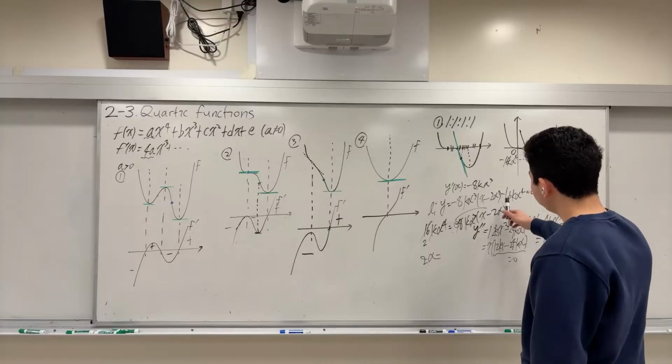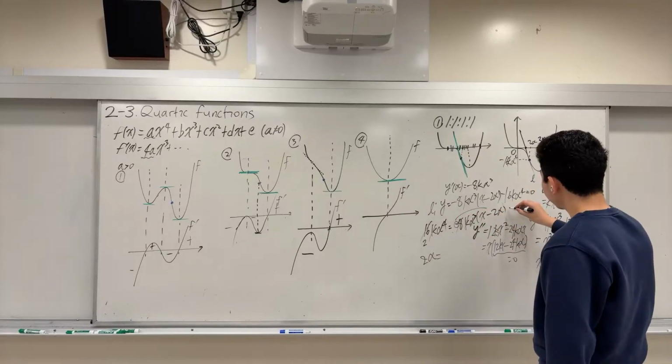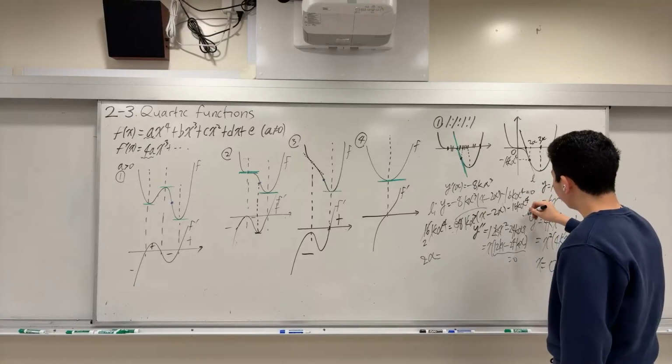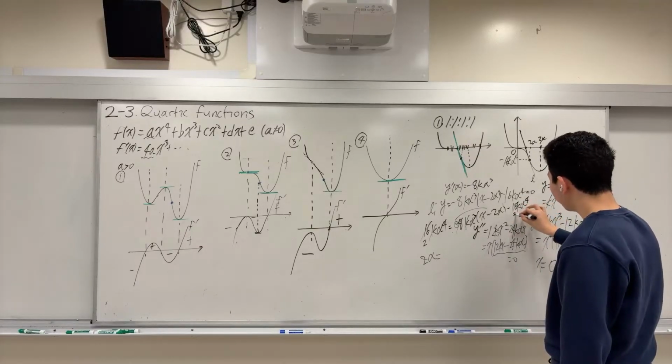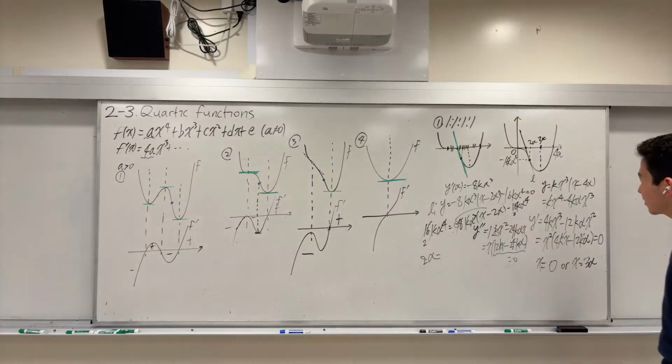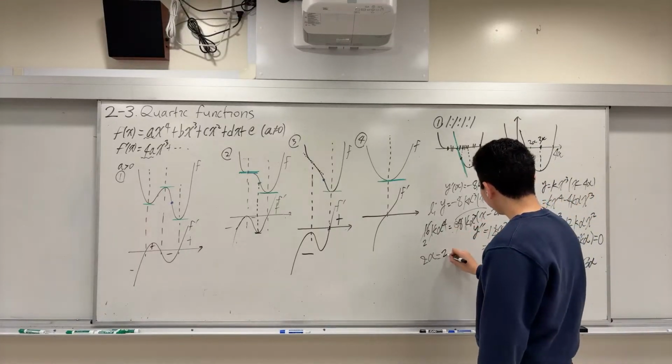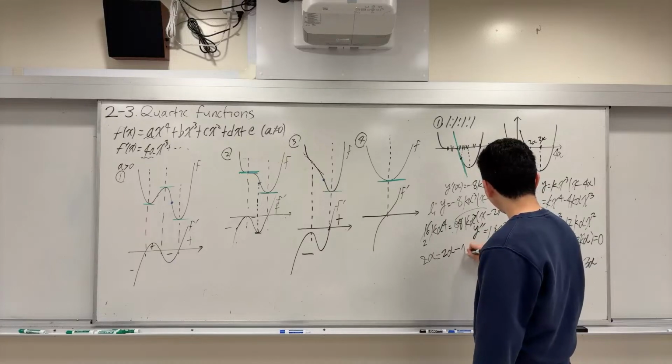Did we do that right? Oh, we forgot this, negative 16k alpha to the power of 4. So this will go to 1 and this will be 2. Yeah, okay, so we need to include that last term, sorry. So this distributes here, 2 alpha equals 2 alpha minus x,